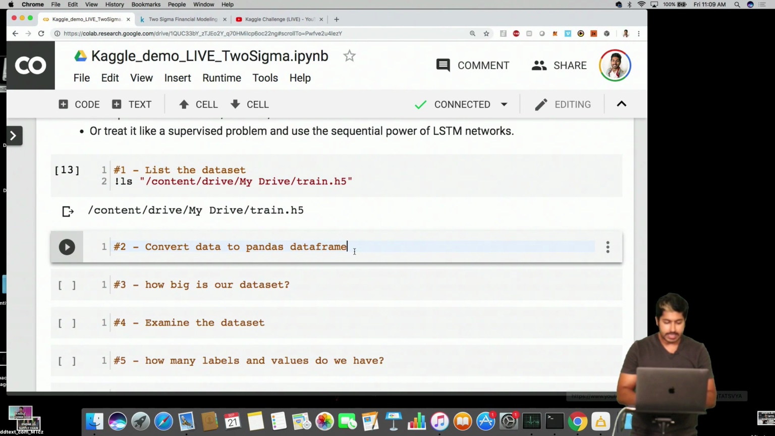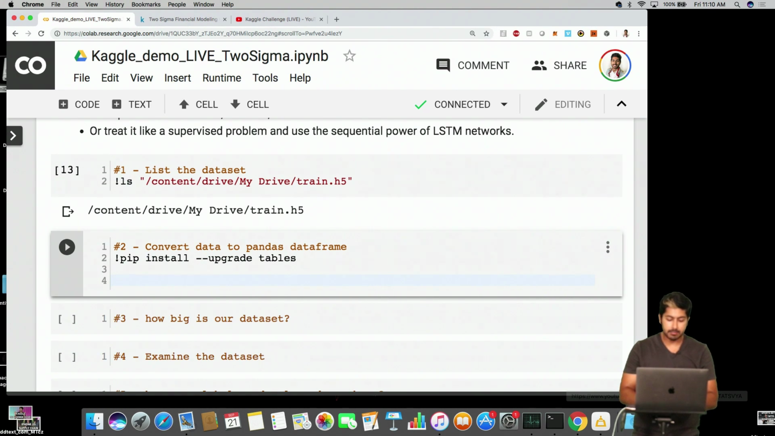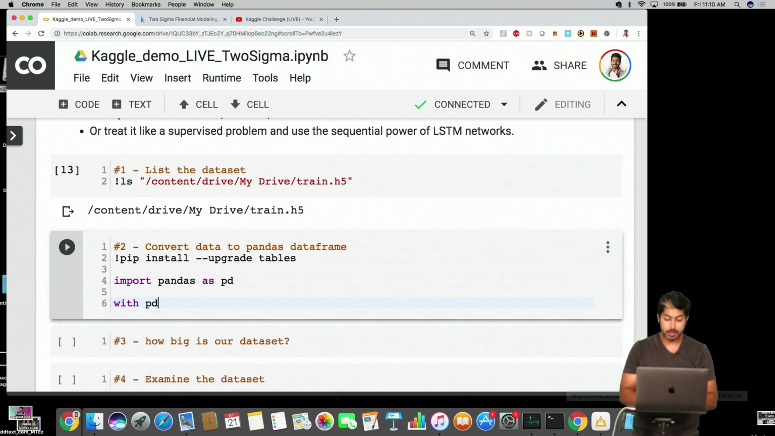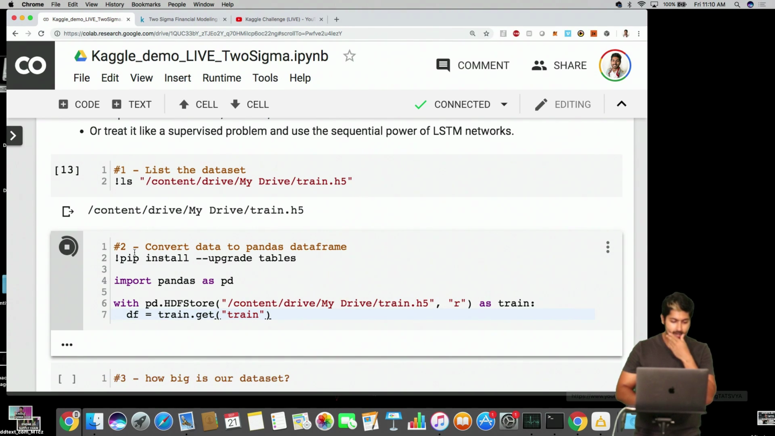Okay, so once I've seen that it's there, now I'm going to convert it into a pandas data frame, but before that I've got to install this dependency called tables. That's going to let me do that. And now we can import pandas, our handy dandy data pre-processing Python library, to then say, let's import this data set, train.h5, recursively, and we're going to import it as train. So that's what we're going to call it. And then we're going to say our data frame is going to be train.get, and then we'll call it by its name, train, and that's it. And hopefully,